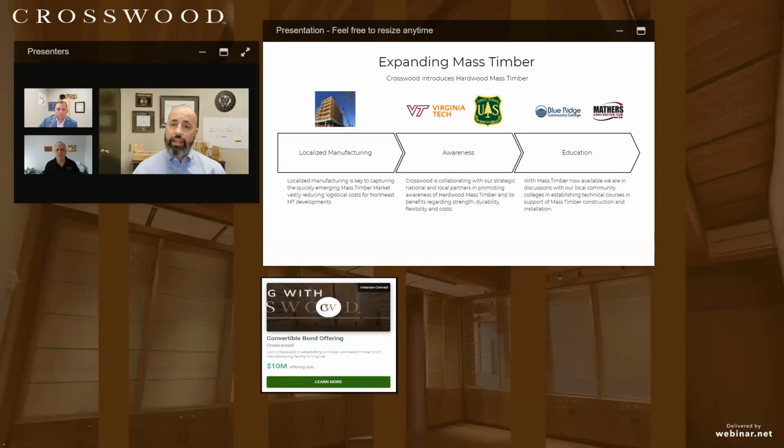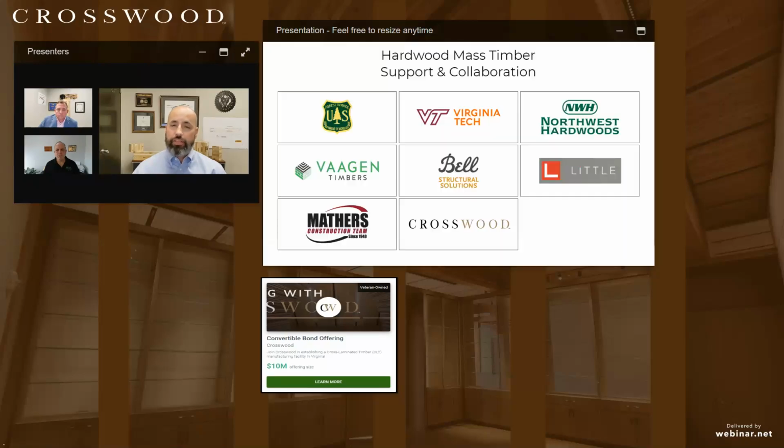So as we go to the next slide, I'm just going to go a little bit deeper into these points of collaboration with Crosswood. These are really the highlights across industry, academia, and the government that have shown considerable support.